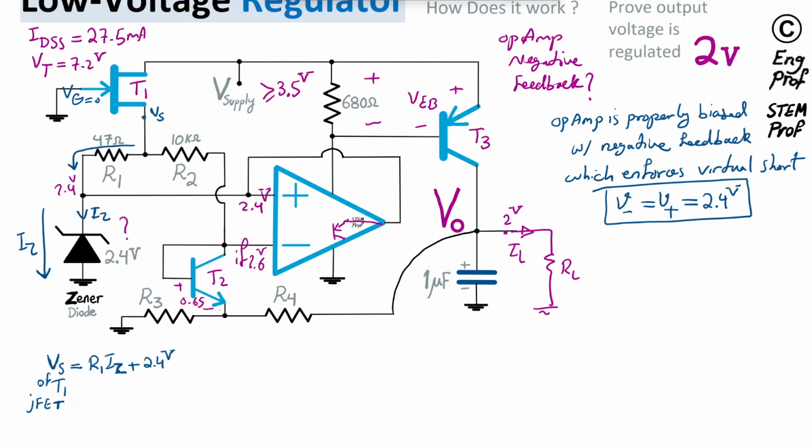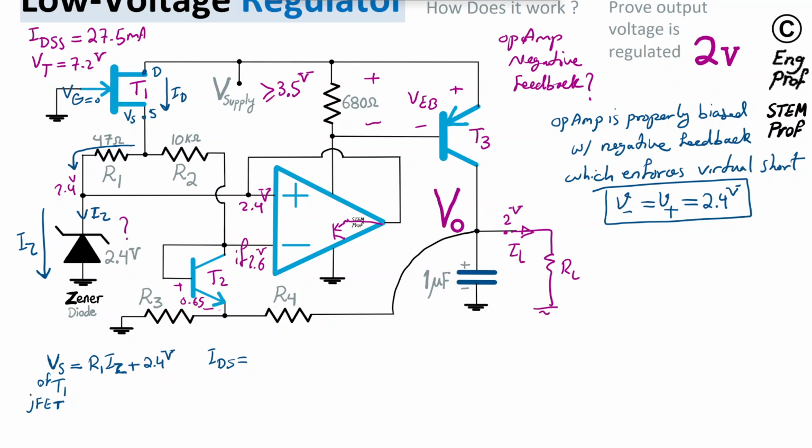So the question is then, how can we find IZ? The equation for an N-channel JFET transistor, as is well known, is this equation. We can write IDS, or the current of the drain source. So here is the drain, here is the source, here is the voltage of source, and